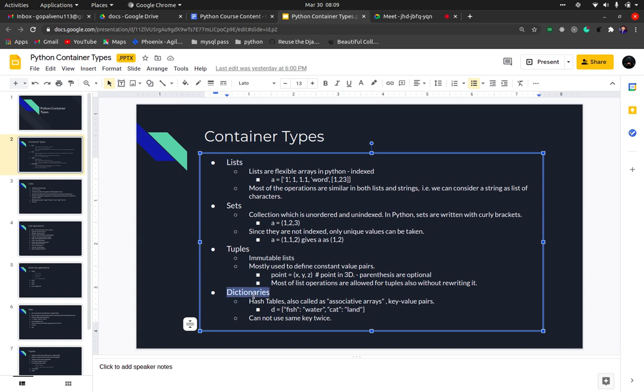Then we have dictionaries. Dictionaries are basically created to simplify our usage while using lists. Whatever use we have from lists, to simplify that particular usage, to make sure we don't get confused, they created dictionaries. It's basically simple key value pairs. So this will be a key, this will be a value. You can think of it as a simple English dictionary where you have some word and its meaning, right? Key and value, like that.